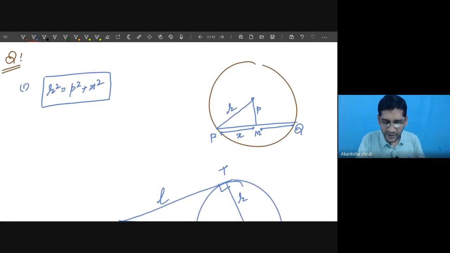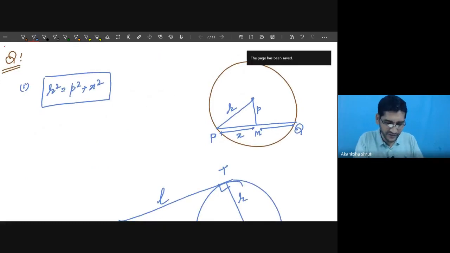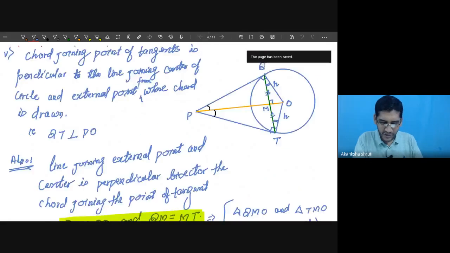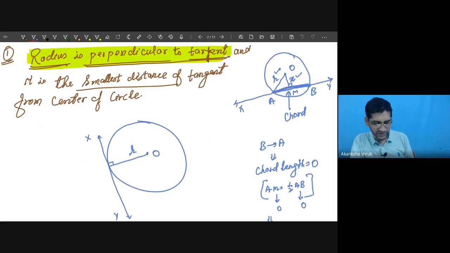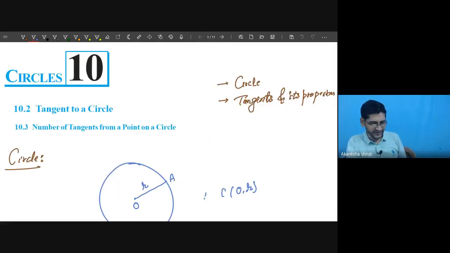So students, let us quickly revise whatever we have learned, the theoretical part. Tomorrow I will solve the numericals. I was thinking to finish this chapter, but we could not conduct the class smoothly. That's why we could not finish this chapter. So I have to solve some of the questions.